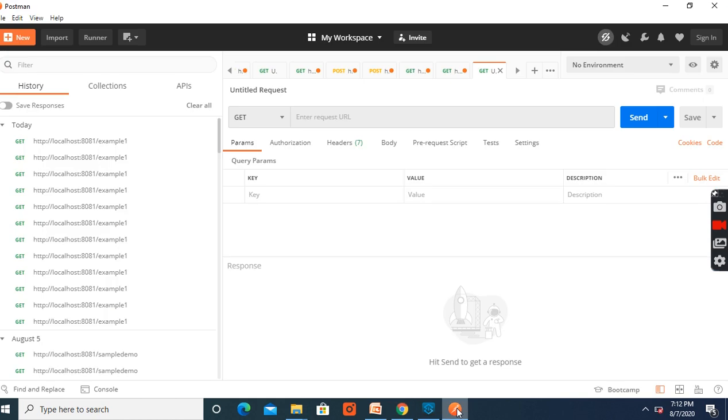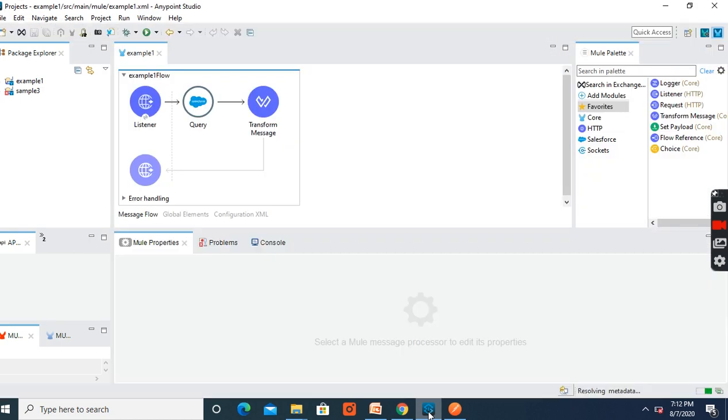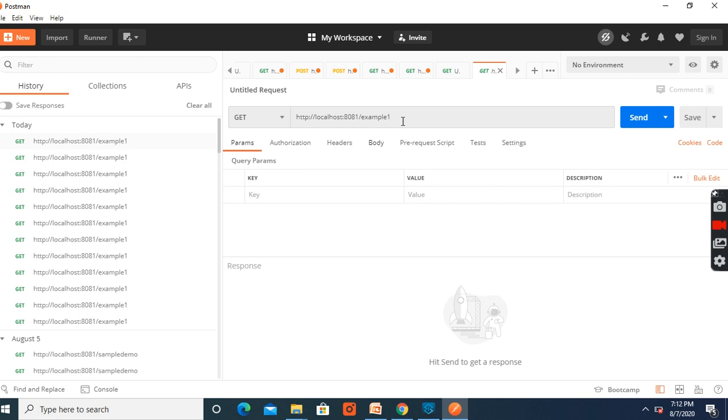Go to Postman. This is example one, the resource path for this. Let me send the request using Postman.